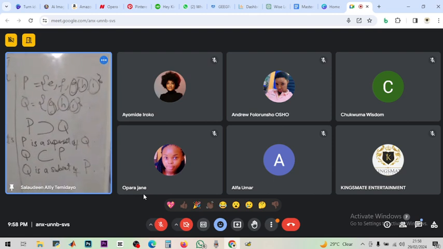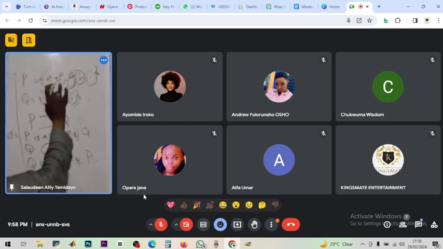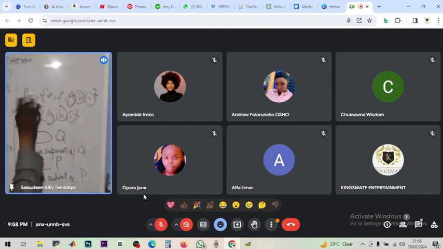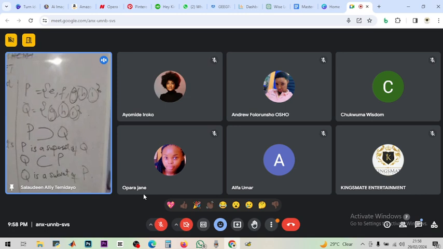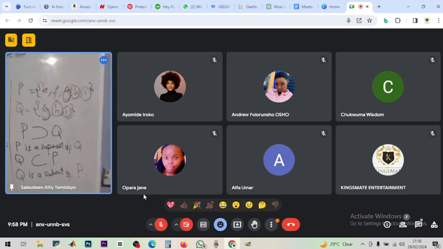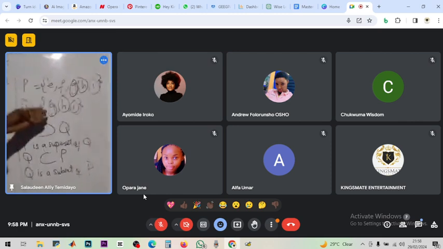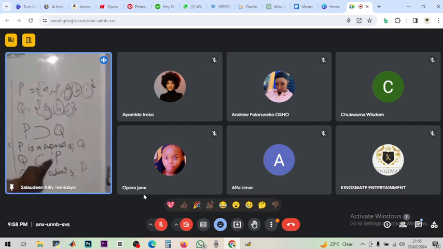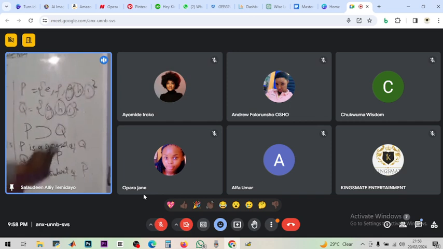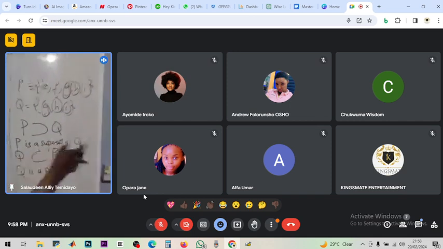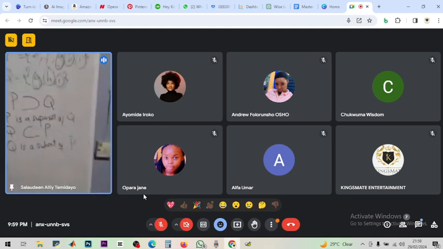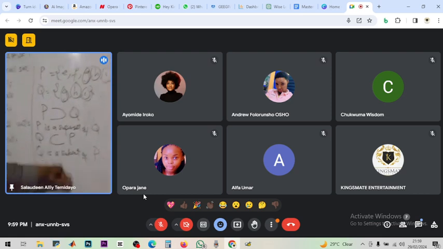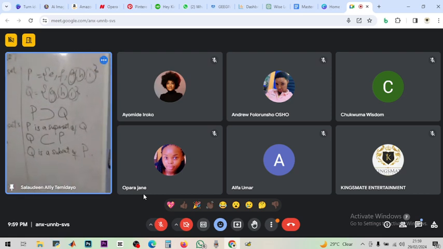are you together with me? So E and F are not present in Q, but you can see that P has packed all the elements in Q, but Q couldn't pack all the elements in P. Because P has the superiority of packing all the elements in Q, definitely P is a superset of Q. It is superior over it. Why? Because Q is below P. So Q is a subset of P.